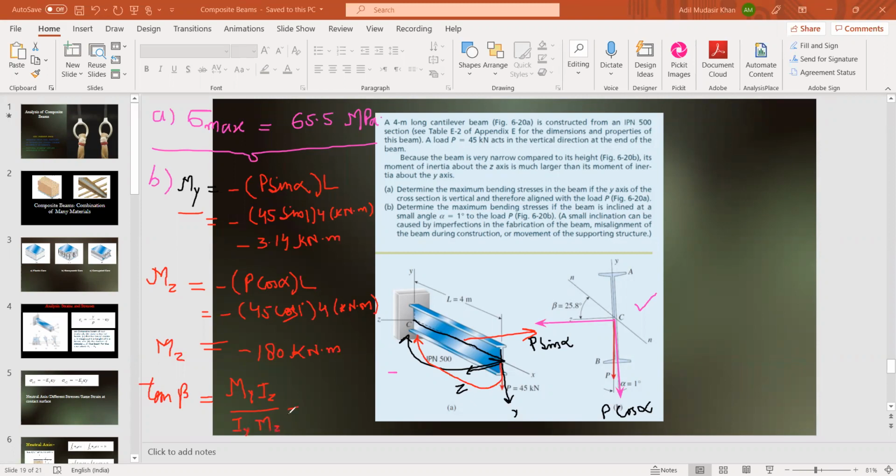And as far as Iz and Iy are concerned, they are the beam properties. They are already provided in hand. So we'll write this as My, moment along y-axis, minus 3.14 kilonewton meter into Iz. As far as Iz is concerned, the value of Iz is equal